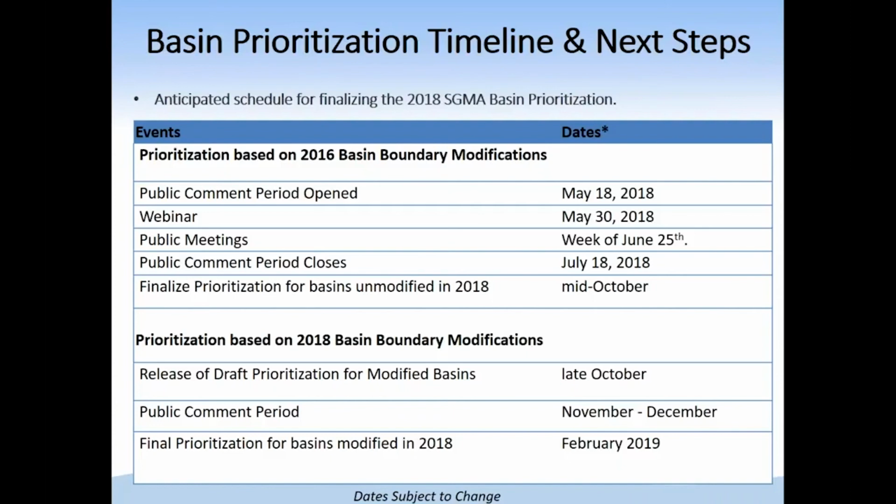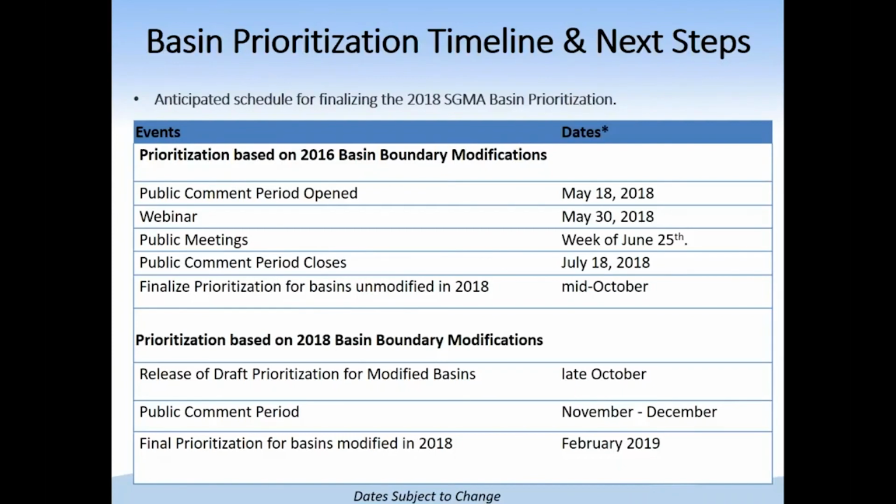The goal is to finalize the prioritization for basins that are unmodified as part of the 2018 basin boundary modification, and we'll touch on that in a second, in the mid-October timeframe. As I mentioned earlier, there are a couple of different related SGMA activities going on. Basin prioritization, as Trevor mentioned, is a result of the 2016 basin boundary modifications. There is a current basin boundary modification window open right now, and these multiple projects will be aligned, and I'll show that on the next slide.